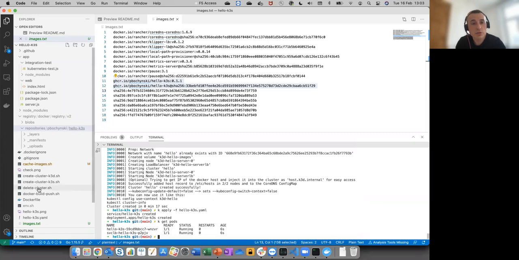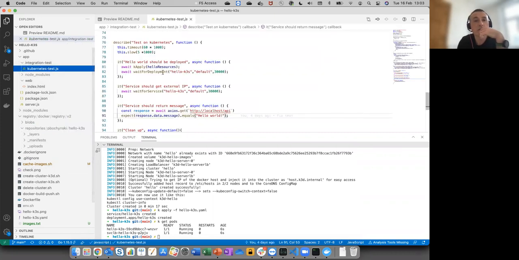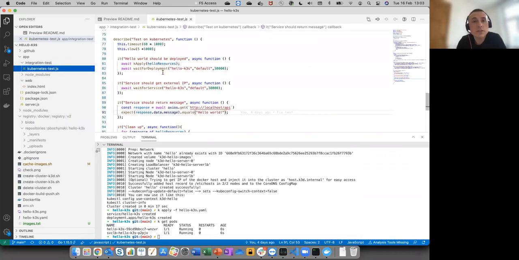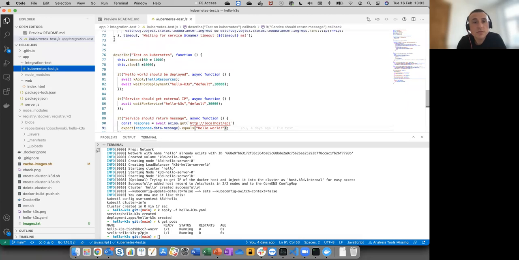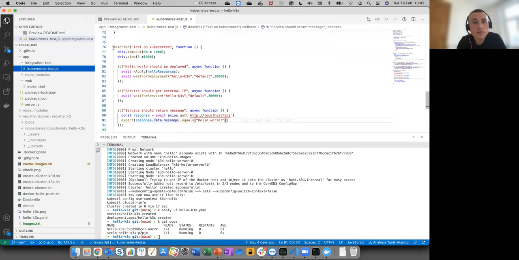What we will do. So let me go to the integration test folder in the application. I created simple tests for testing on Kubernetes. It is a Mocha Node.js test. The main test starts here. It is a test on Kubernetes. And you have